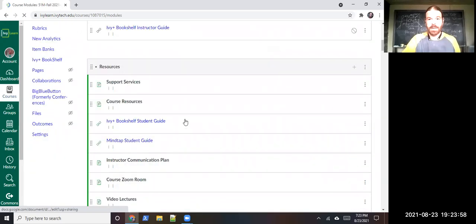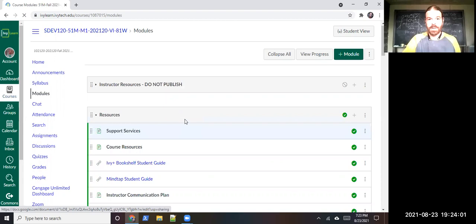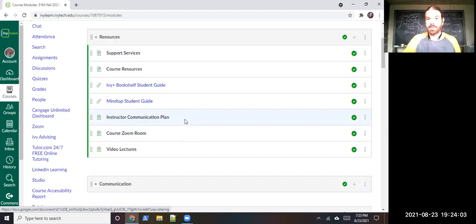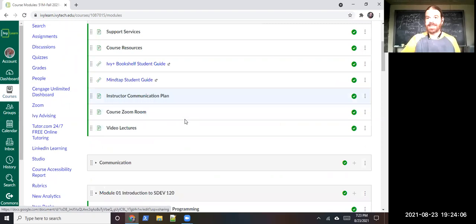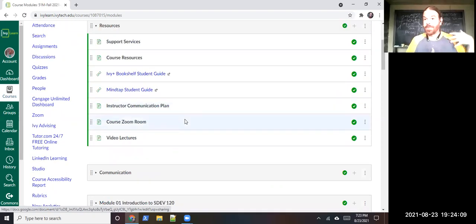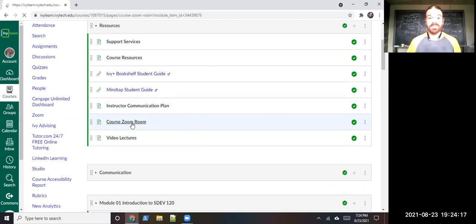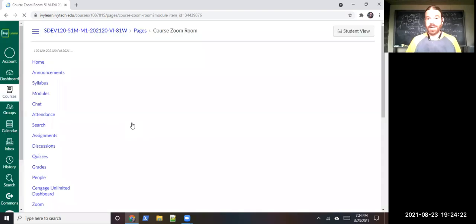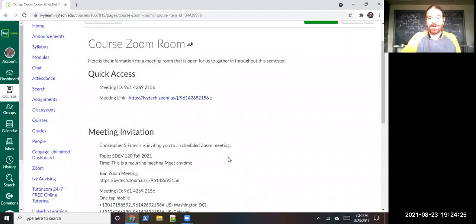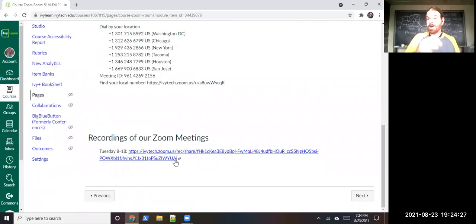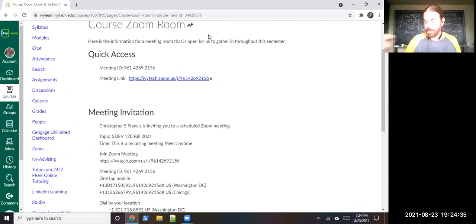and under resources, which I believe is the very top thing on yours. I have a couple things above it, but I don't think y'all can see the stuff that's above there. But under resources, there's a link for course Zoom room. And this is the one I have control over, so I'll make different notes and stuff. But all the way at the bottom here is where I will put the link to the recording. And the other one,